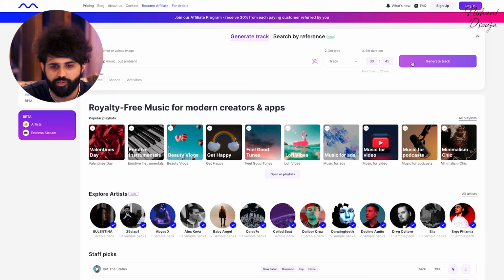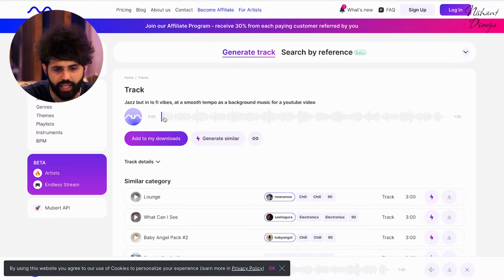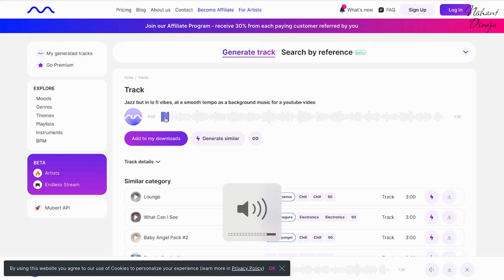And let's see if a track can get generated really quickly based on that input.